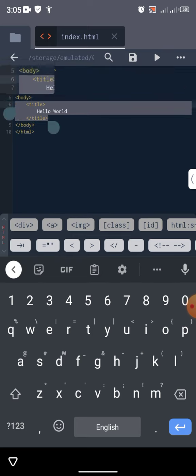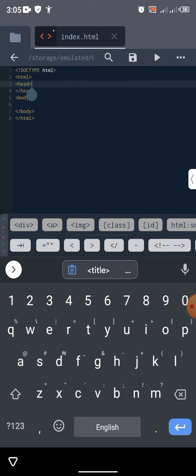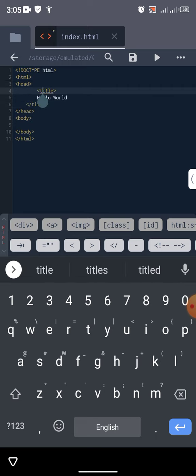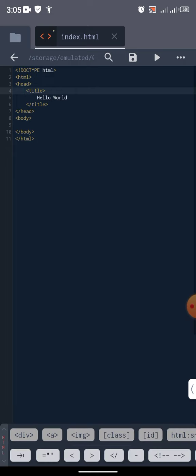If we were to inspect this using Kiwi browser or Chrome on laptop, instead of the way we just did it, it would be like this. So it will be that the title tag is within the head tag. So that is how it is. It is automatically arranged for you. So that is the end of this